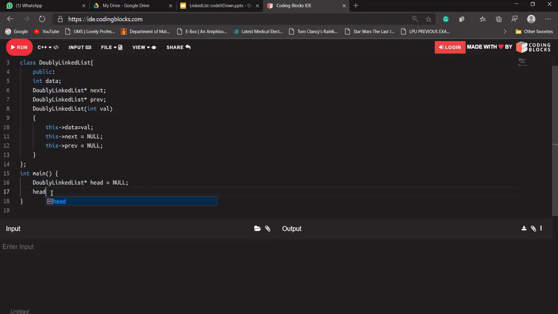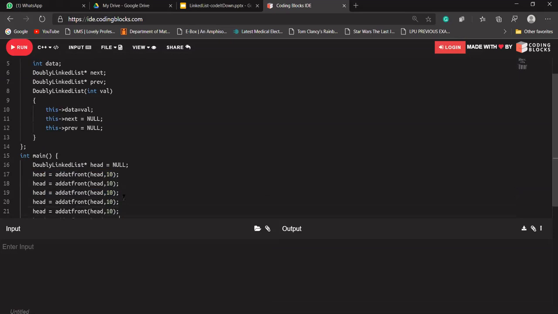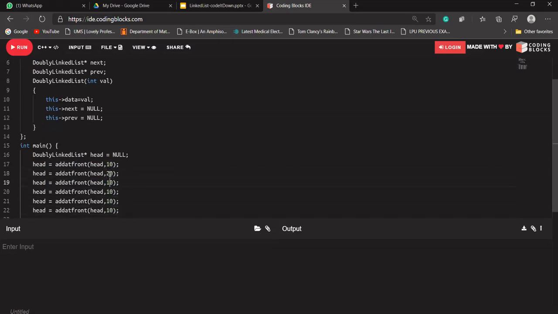Now before we start writing the function for deletion, we should first create our doubly linked list. For that we'll simply write code that adds something at the front of our linked list. I think this function we have already discussed, so let's just quickly write it. If anybody still faces any issue, do let me know so that I can try to make you understand. Suppose I'm writing a function here. Let's say 20. It will add 30, 40, 50.